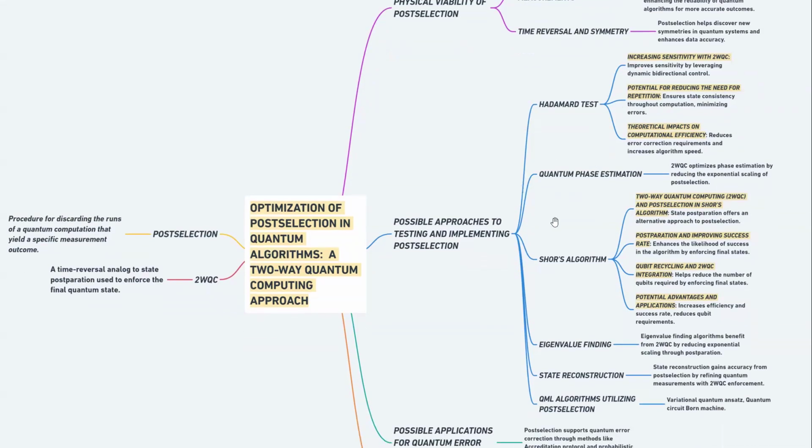Quantum phase estimation is a crucial subroutine used in large-scale quantum algorithms like Shor's algorithm. QPE often requires post-selection to manage errors during the phase estimation, leading to exponential scaling challenges. Integrating two-way quantum computation into QPE could help reduce the need for repetitive post-selection by enforcing the final state throughout the computation. This could enhance the accuracy and speed of the algorithm, making it more efficient for solving problems like